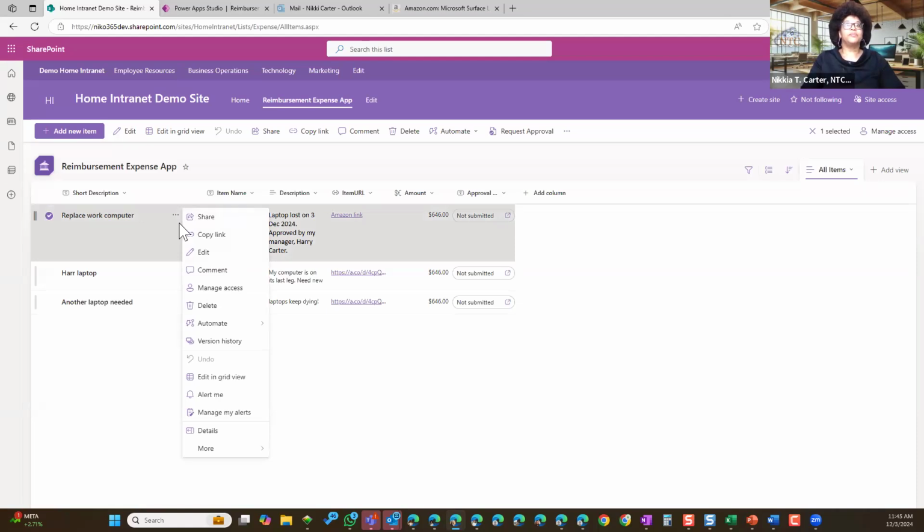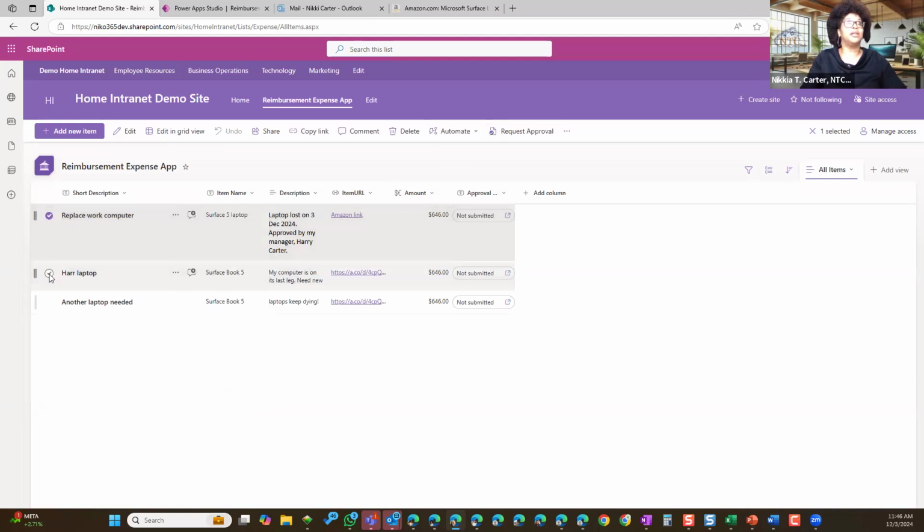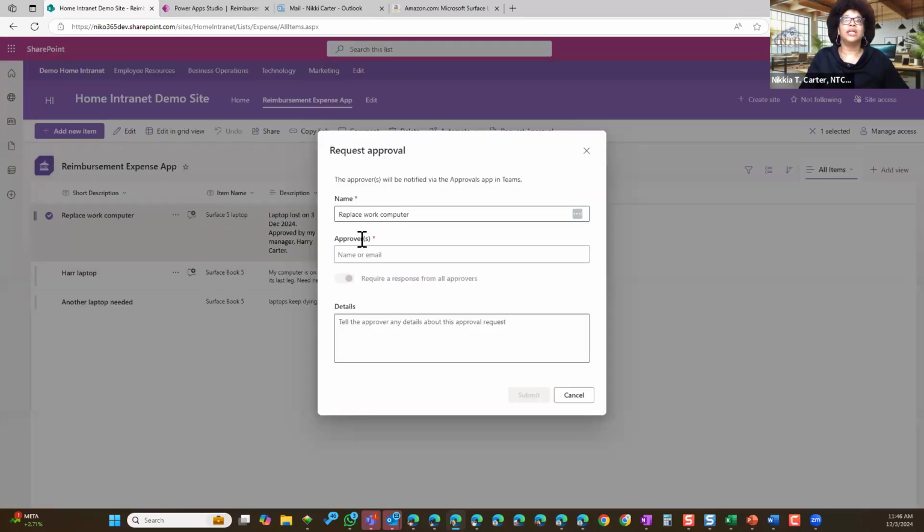So I'm going to go to it, and then I'm going to go down to the, where is it? Where's the approval thing? Okay, well, it used to be on here, but I don't see it anymore, but it's still up here on the action bar. So you just check the checkbox next to the item, hover over and you'll see the checkbox, and you can click on it. And then there's the request approval. So when I click on this button, it's going to say that I want to have somebody approve my request. I'm going to send it to me again so that I can see it.